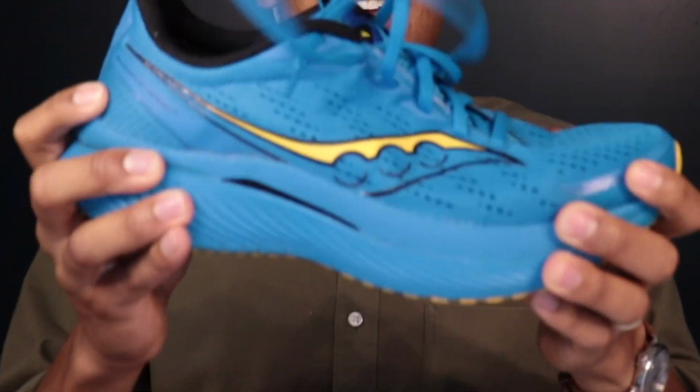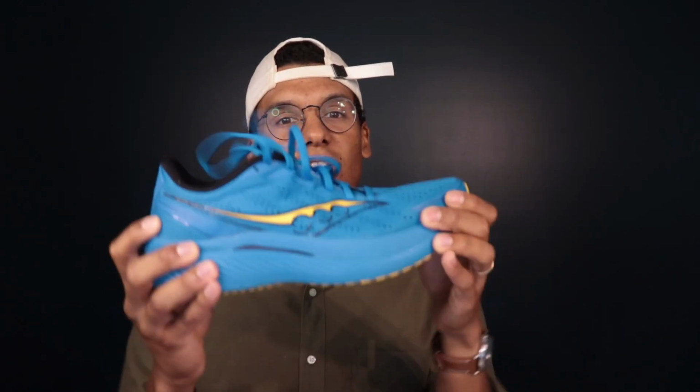What makes the Speed 3 so successful has everything to do with this PWRRUN PB foam midsole. So this is a softer super foam compound. If you look at the range of super foams like Asics FF Turbo, that's going to be on the firmer side. Nike Vaporfly, the ZoomX foam in there is going to be on the softer, bouncier side. And in here we have a softer, cushioned foam. What makes it so great is that with the nylon plate, it doesn't add too much rigidity to the platform. So you can see, as I bend it a little bit here, it's still quite flexible,